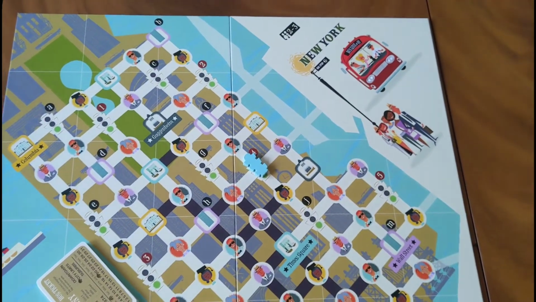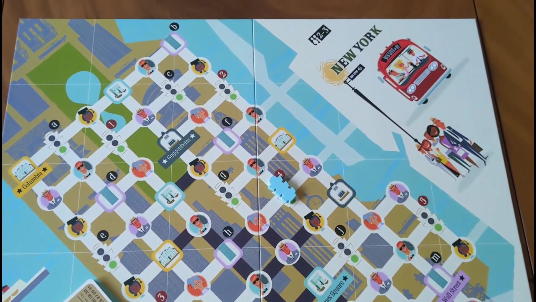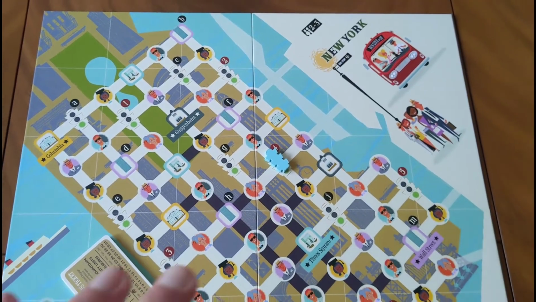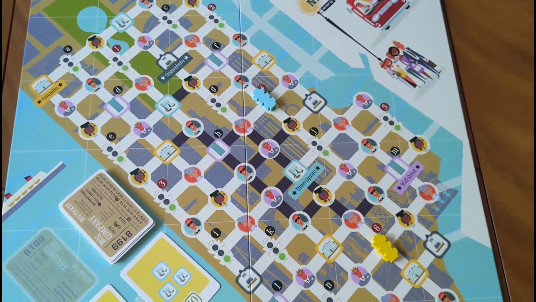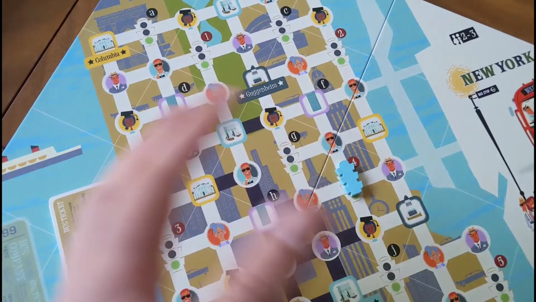So depending on the player count, you're going to choose one of these boards. So this is the board that you're going to use for 2 to 3 players. But the reverse side of this board has a larger map where if you want to play with that 4 or 5 player count. So essentially you've got this big grid here, which is supposed to represent all